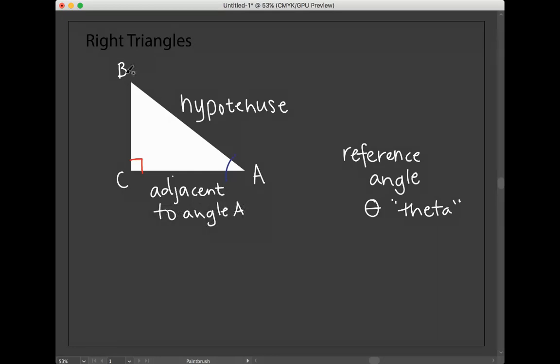It's not adjacent to angle B, but since we're referring to angle A here, we can just call it the adjacent side. That means this side is opposite to angle A. Again, it's not opposite to angle B. It's only opposite when we're talking about referencing angle